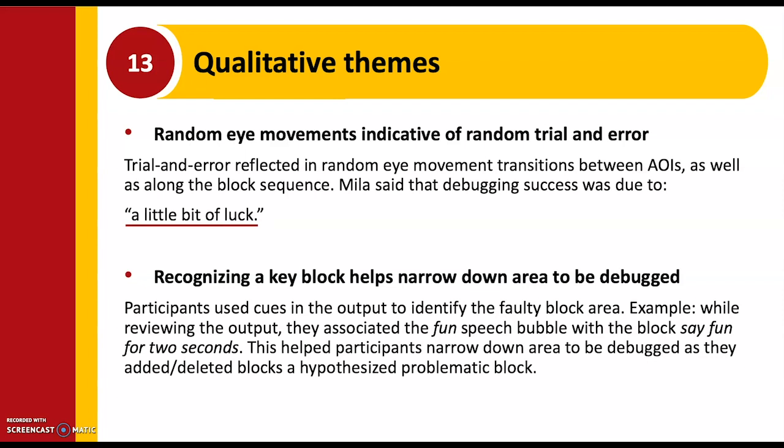Recognizing a key block helps narrow down the area to be debugged, so participants used cues in the output to identify the faulty block area. For example, they reviewed the output and then associated the fun speech bubble with the block "say fun for 2 seconds." That was the beacon they used to narrow down more or less the area to be